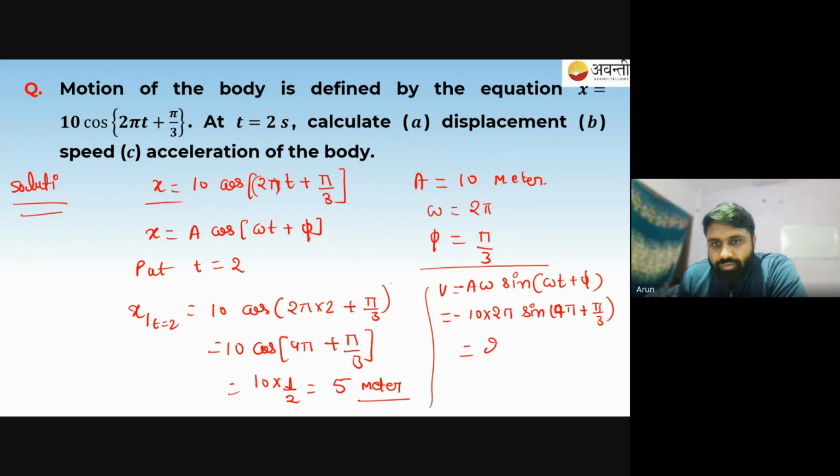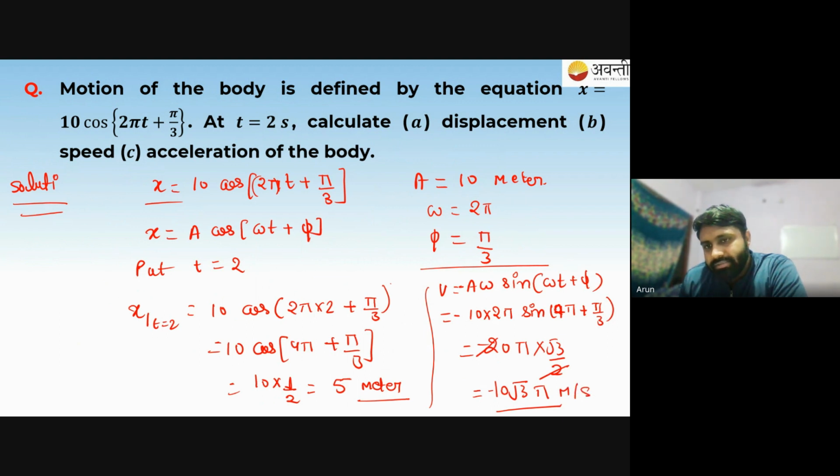So it will become 20 pi into root 3 by 2. 2 will cancel out. So it will become 10 root 3 into pi, with the negative sign,